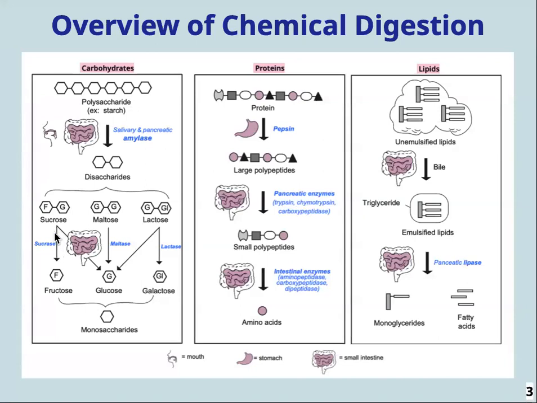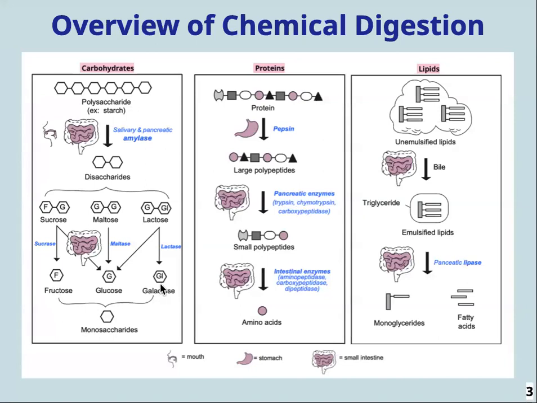Then different disaccharidases, the enzymes for breaking down these disaccharides, act on them. Sucrose gets acted on by sucrase, maltase acts on maltose, and lactase acts on lactose to break these down further into